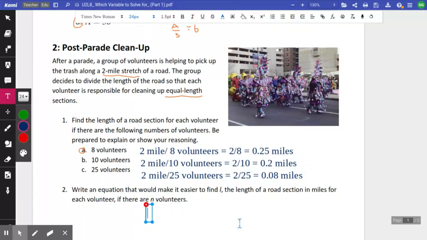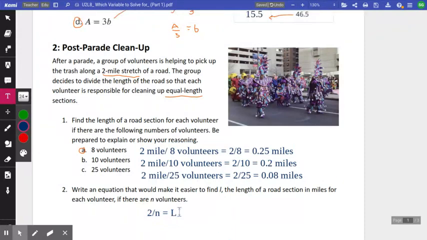Well, each time what we were doing is we were taking 2 and dividing it by the number of volunteers, which they're telling me, let's use N to represent the number of volunteers. If you do that, what does it equal? Well, it's going to depend on how many volunteers. So we can represent that length that they would be cleaning with the letter L. I'm going to make it capital just so it doesn't look like the number 1. We get this equation here that represents this relationship. 2 divided by the number of volunteers is going to tell us how long of a section each volunteer is